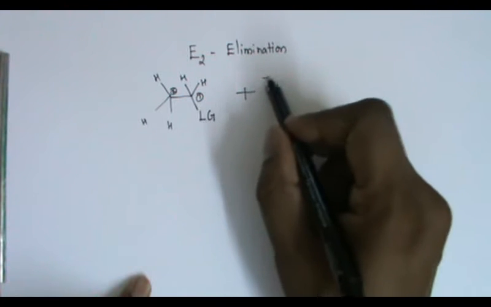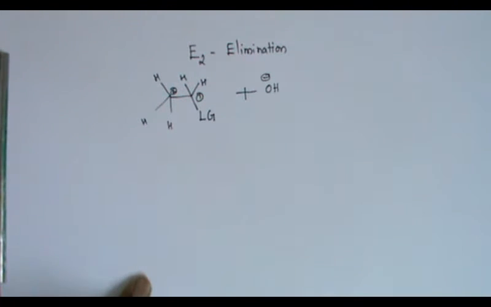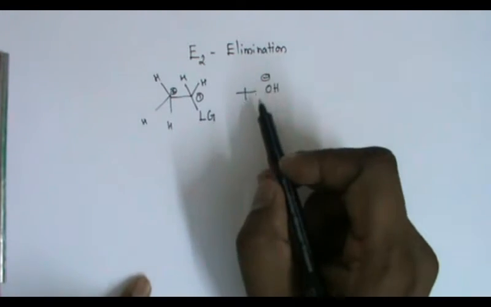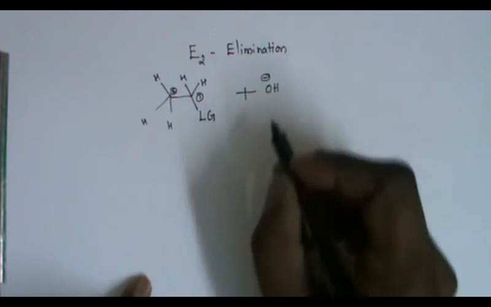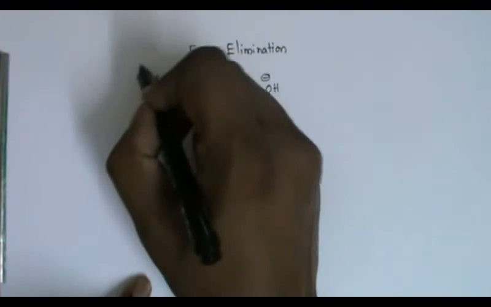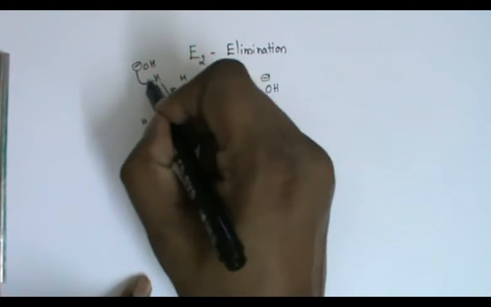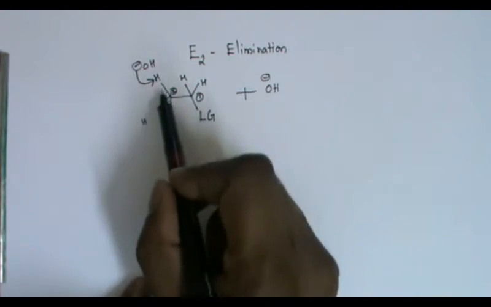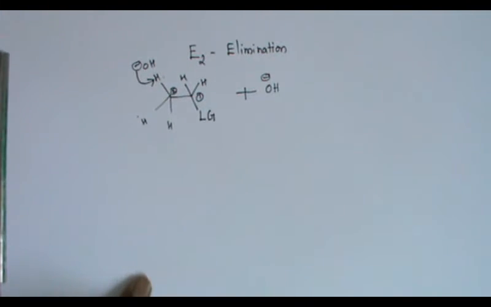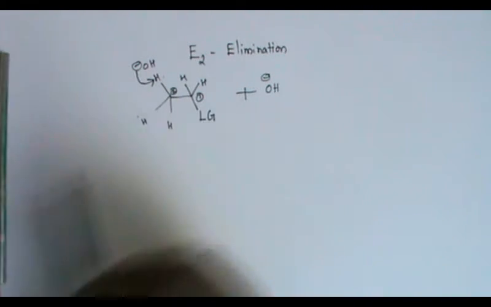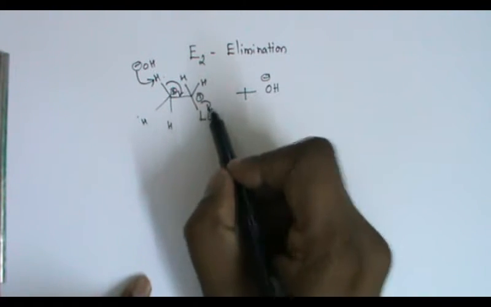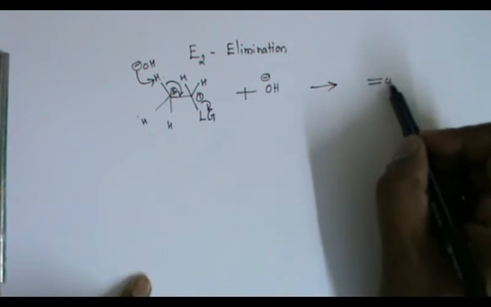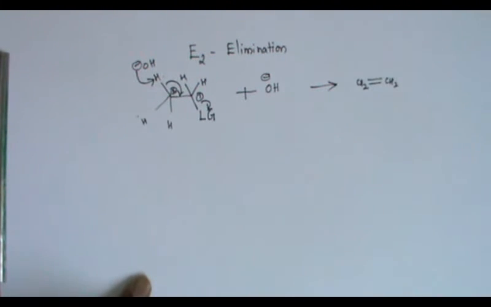When you treat this with a base, the base should be a very strong base. Generally, we go for OH minus, methoxide, potassium tertiary butoxide, even LDA. So we use a very strong base. The strong base abstracts this proton. Here I have mentioned 3 protons, 1, 2, 3 on the second carbon. But only this proton, which is trans to the leaving group, will be taken. That is taken by the base and this falls here, and what we get is an olefin.